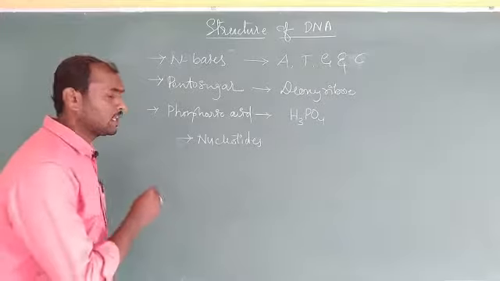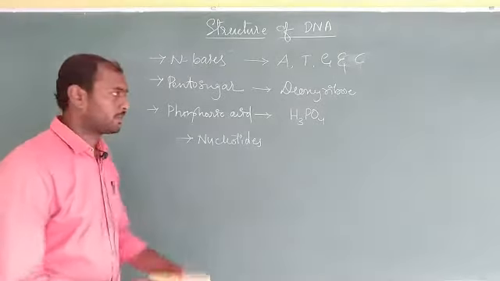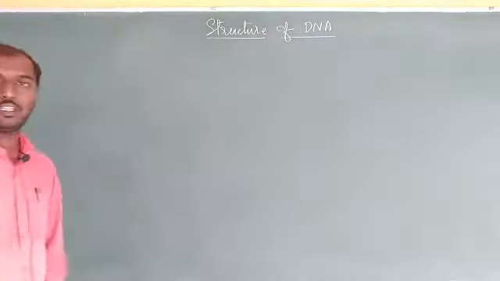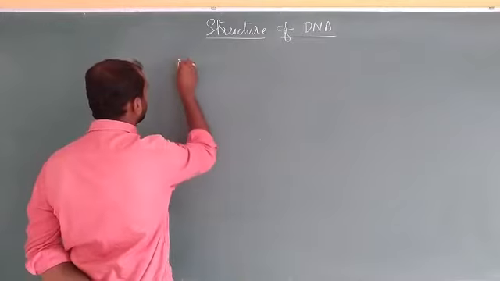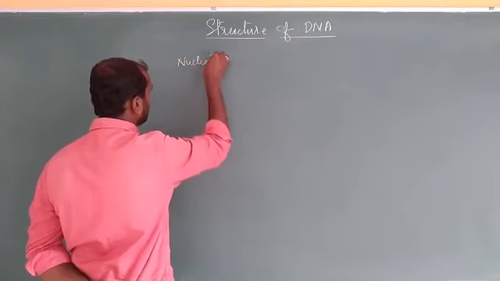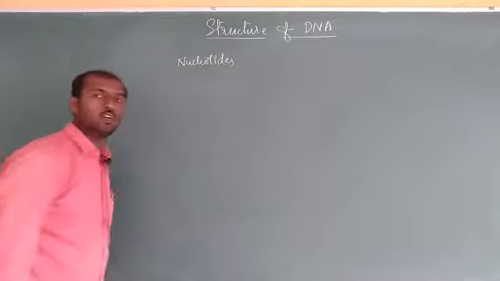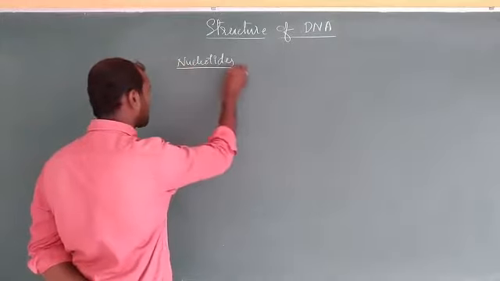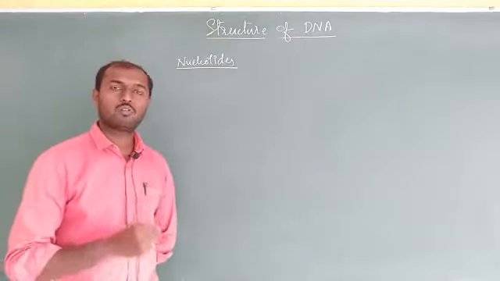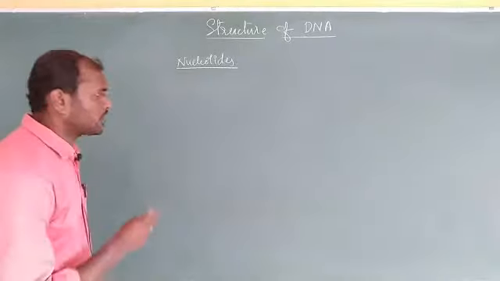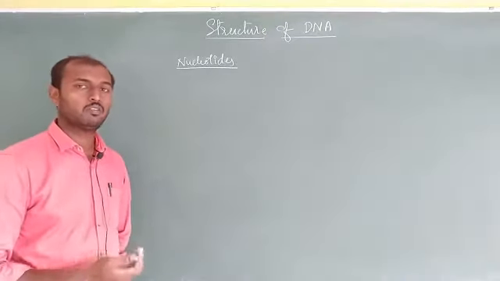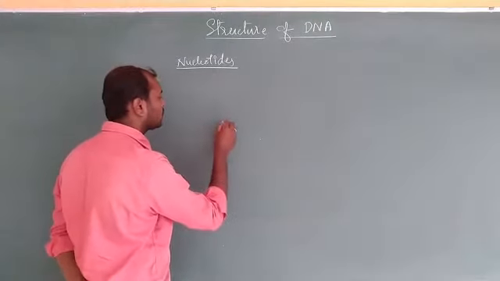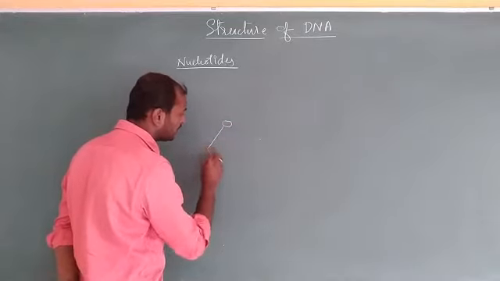So let's see how the nucleotides actually look. Let's consider all the basic needs of the DNA and construct the nucleotide. We have 4 different kinds of nucleotides, which we already studied in the previous video. First I will try to construct one here, and later we will go through the remaining ones. To make the nucleotide, we first need the pentose sugar.